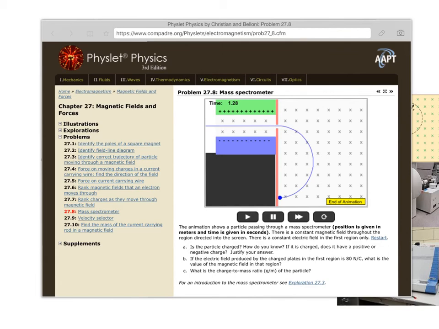And when we're in the velocity selector, the particle is subject to two opposite forces. Now it's just subject to a single force, remember, which remains perpendicular, so the velocity doesn't change, and it causes it to move in a circle. And since we can measure everything, the velocity, the radius of the circle,